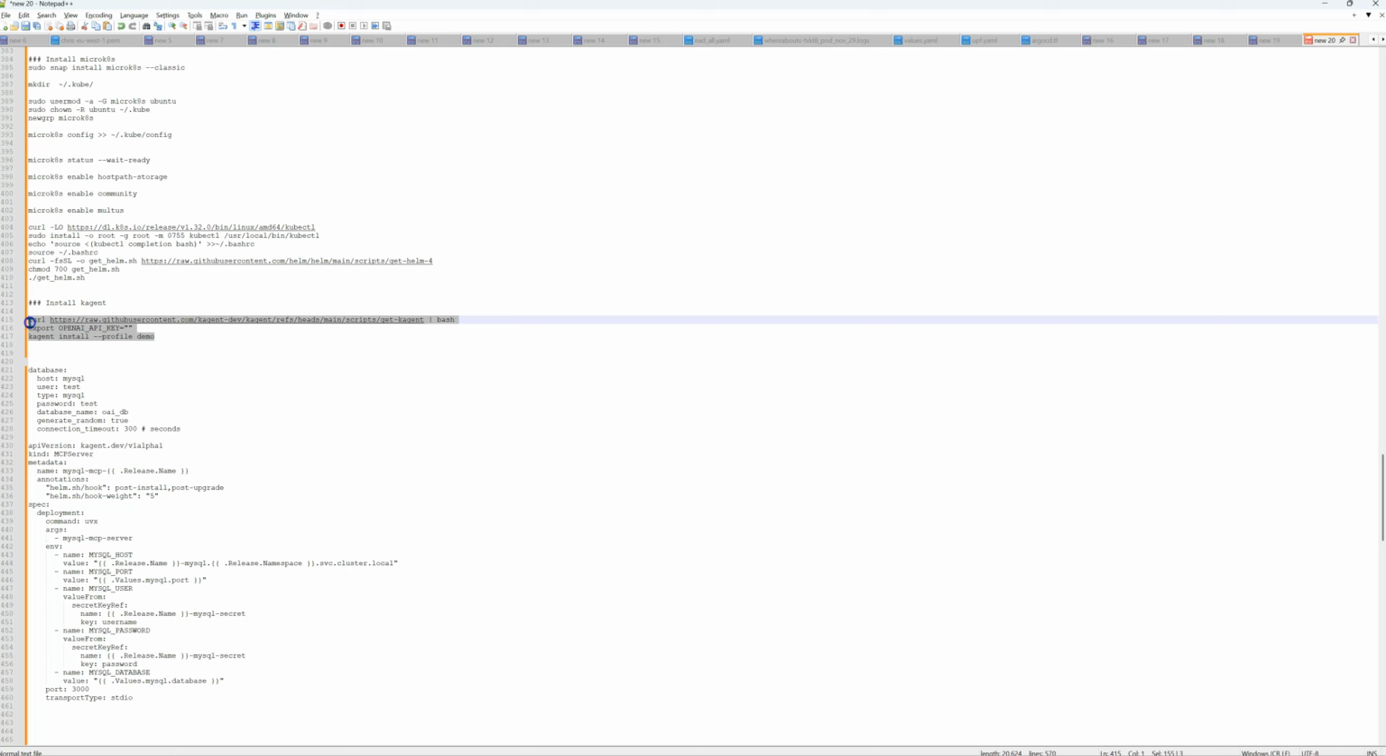So I'm using the Kagent CLI. If you want to put your OpenAI key here, you can do that. I'll be using one of the Sonnet LLMs from Anthropic for this. So once you do this, then